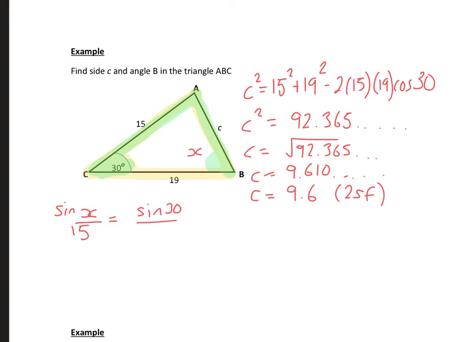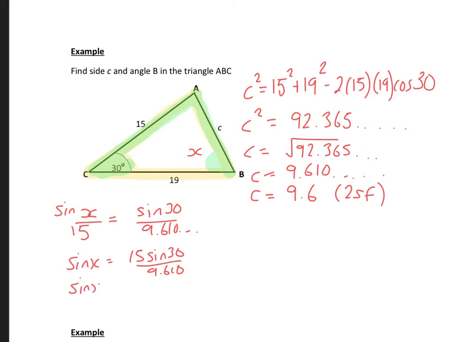Now I'm going to use the exact value. If you don't know how to store numbers in your calculator, just use the answer button. So 9.610. So I'm going to times it by 15. So 15 sine 30 divided by 9.610. So if I do 15 sine 30 divided by my answer, I get